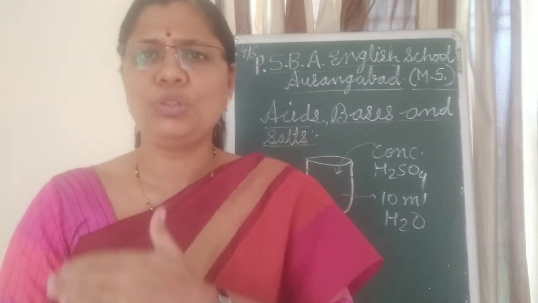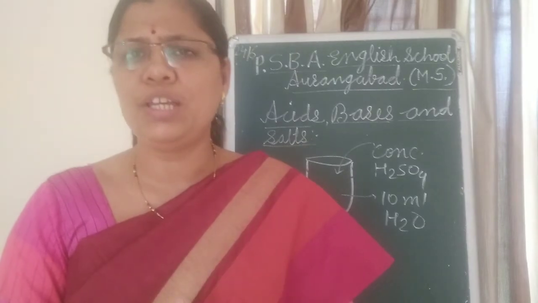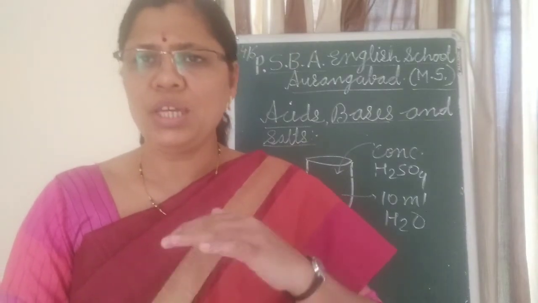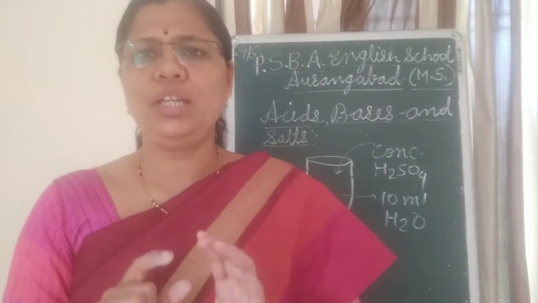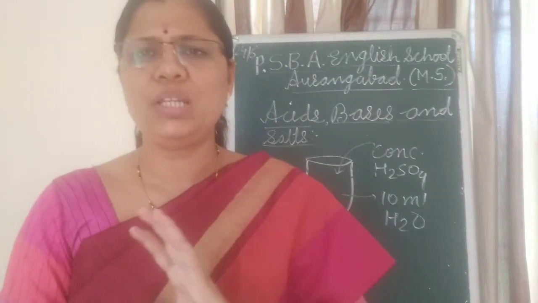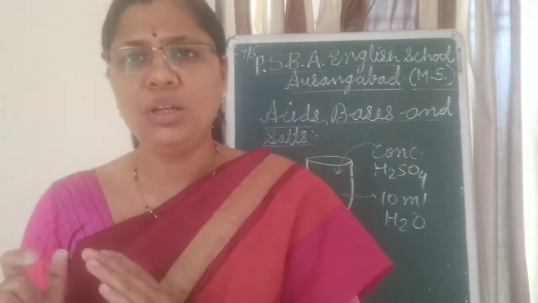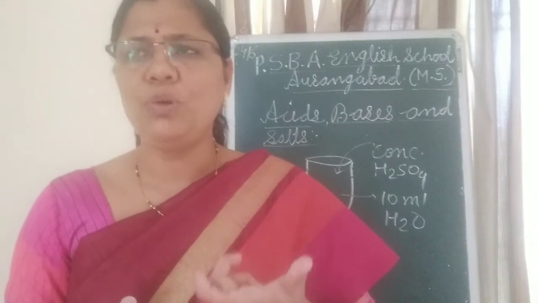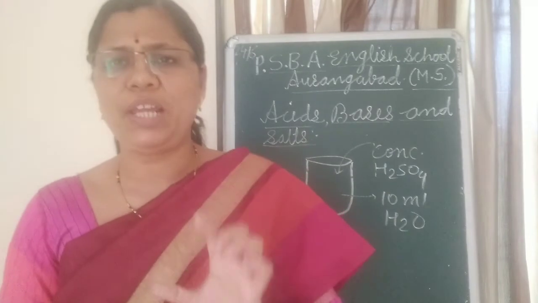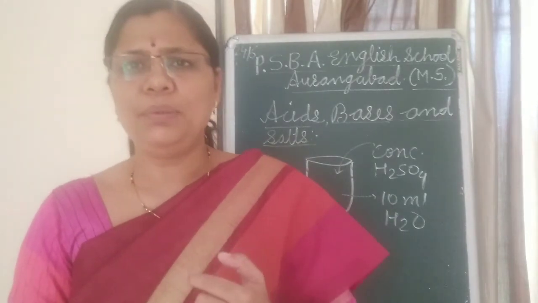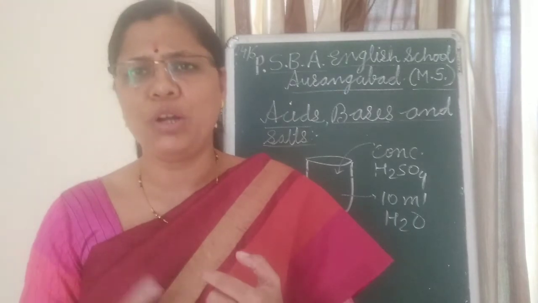Means if the dilution process is going on, there is a decrease in the concentration of H3O+ ions per unit volume. I have explained this to you in the online class also. So why is this? The answer is very simple. Per unit volume means the volume of water will be more, but the H3O+ ions remain the same. I will just explain how it is. For example, 5 ml of hydrochloric acid you are adding to 5 ml of water.